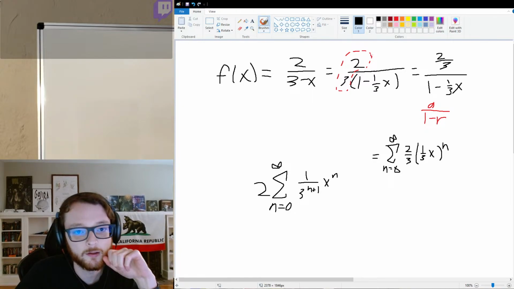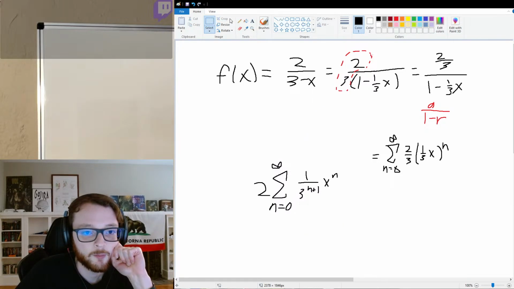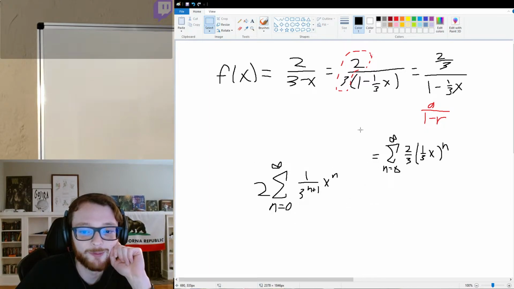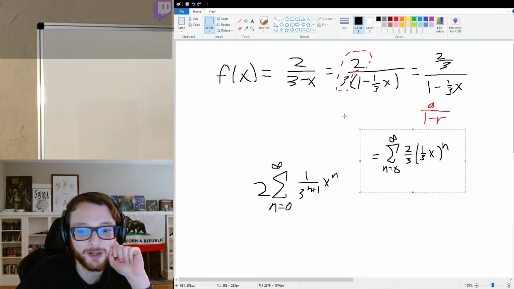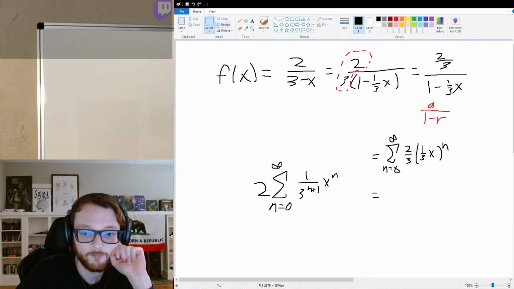Okay, so I just copied what the book said is the answer, and the reason these are the same, so personally, I think this format sucks. I kind of hate it. I would so much rather leave it in this format where it's very clear what a and r are, but if we wanted to, we can manipulate what I got and make it into this form. So first things first, this,